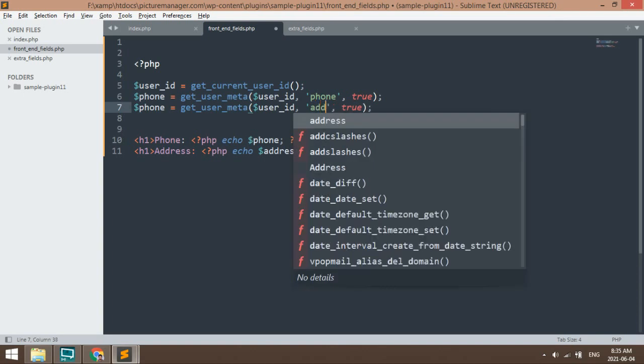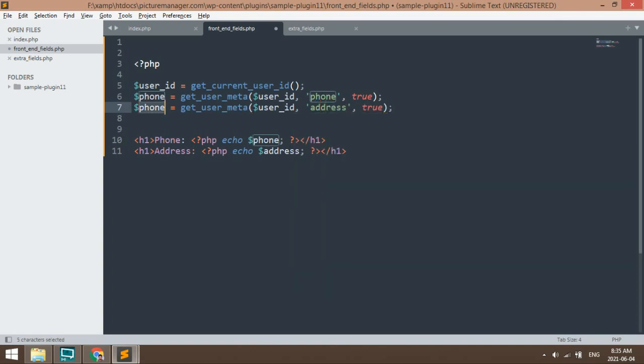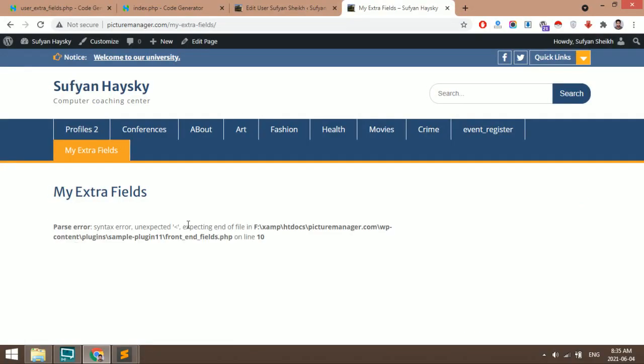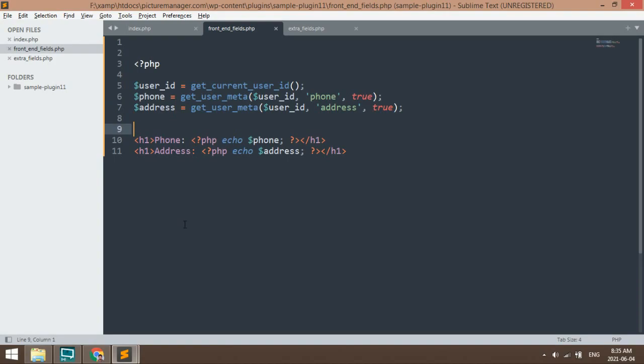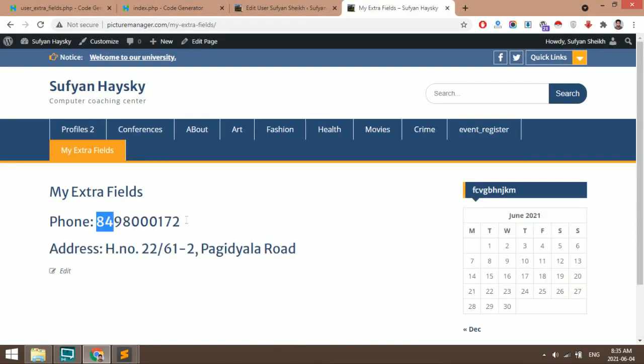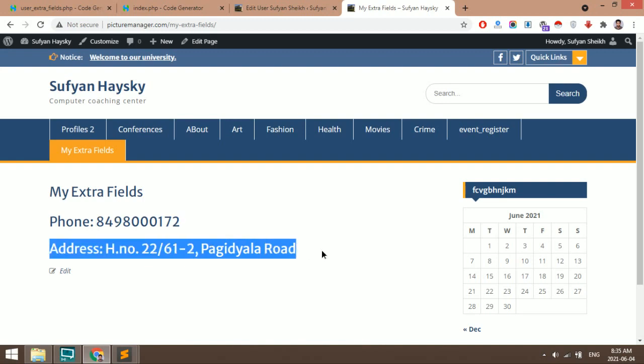Second one is address. So let's see. Unexpected, we have to close the PHP part. Now it is showing the phone number and address.